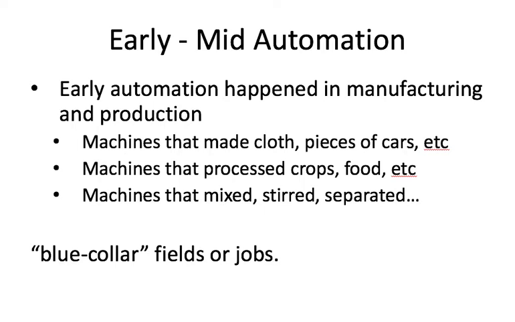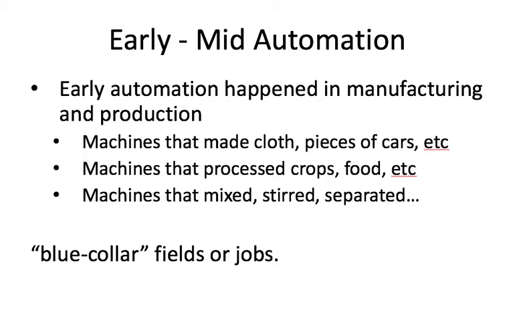An example is a machine used to grind wheat to make flour, or grind corn to make cornmeal or ethanol. Machines can do things such as mixing, stirring, separating. So in the earliest stages of automation, when it comes to a country, automation is first used in manufacturing and production. And that's because,